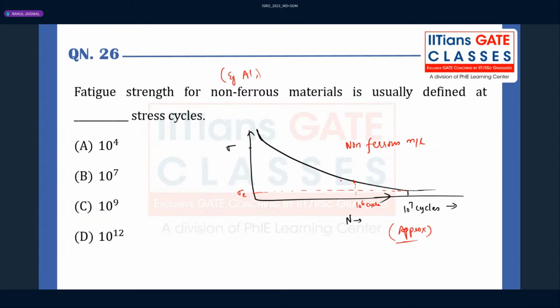I told you, when can you determine the endurance strength for any component, right? For any component, you can determine endurance strength when the curve becomes asymptotic. When the curve becomes asymptotic, at that particular point, whatever the number of cycles is there, whatever the